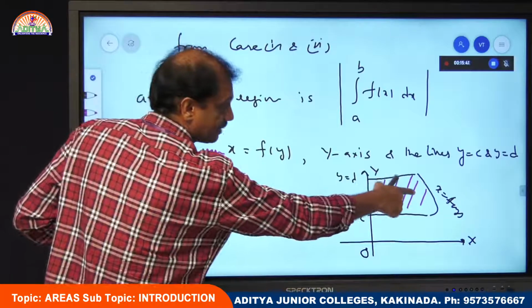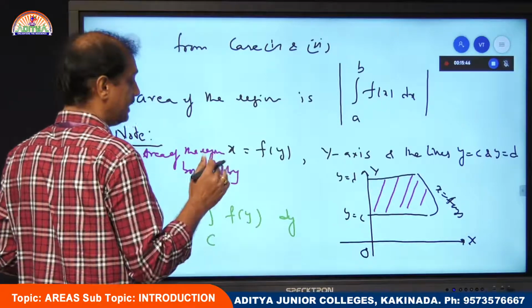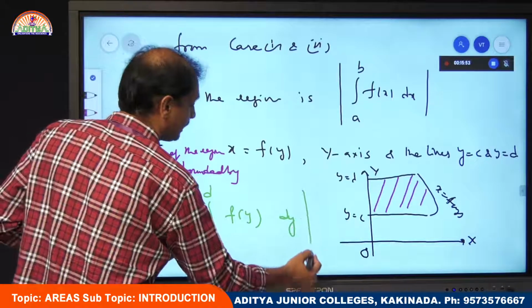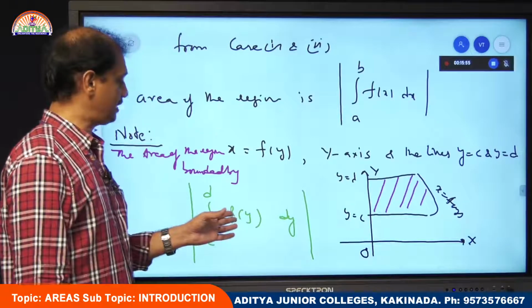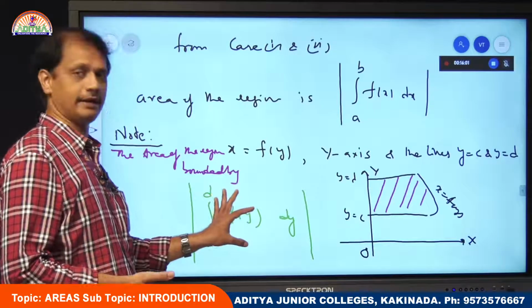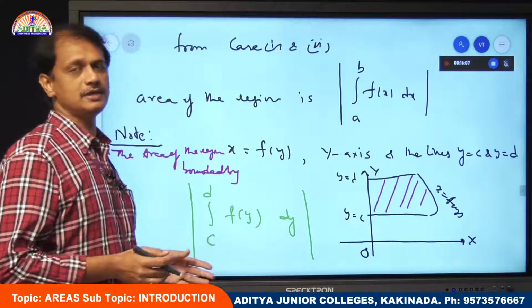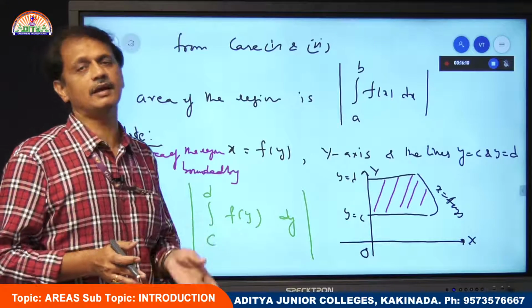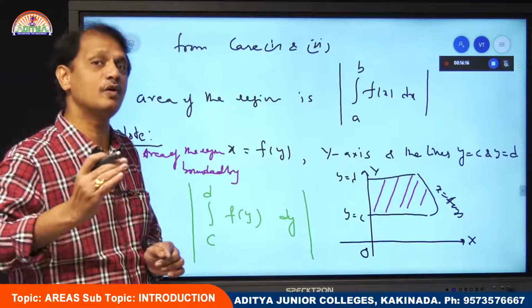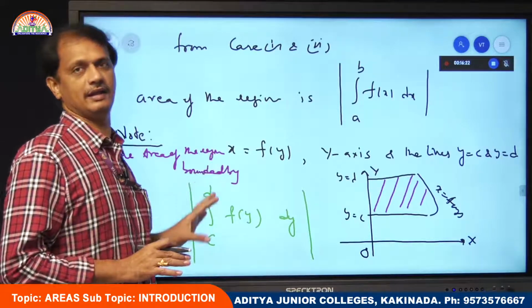Since f of y is greater than or equal to 0, you are considering this one. Suppose if you consider f of y as a less than or equal to 0 quantity, in that case we have to take a minus sign. Now to avoid that, what I am doing is I am taking the modulus. Suppose if f of y is positive, then you will get this integral as it is. Suppose if f of y is a negative quantity, the summation will be negative. In that case, to get the area, you have to add a minus sign. That means you can take the modulus along the x-axis or along the y-axis. It totally depends on whether we can express y in terms of x or x in terms of y. Depending upon that, we can calculate the area of the region.